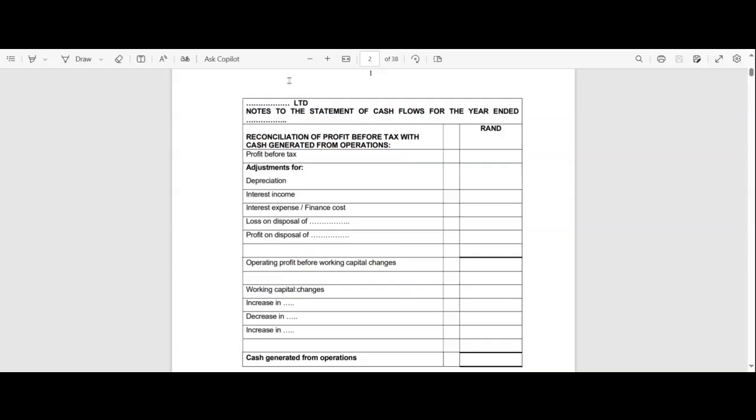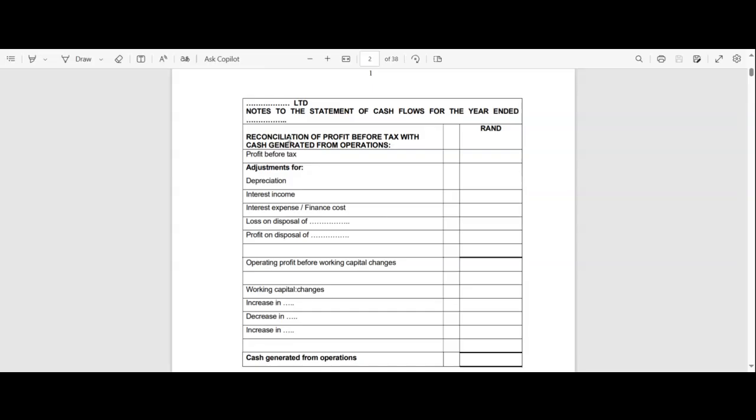If we understand how this note works, it's the easiest note on earth to do, really, because you have all the information somewhere in your financial statements. And if you haven't got it in the financial statements, you can find it in your ledgers, right? So it really is easy, provided that you understand what happens. If you don't understand what happens in this note, not so easy then. Okay, so let us analyze and see what this note does.